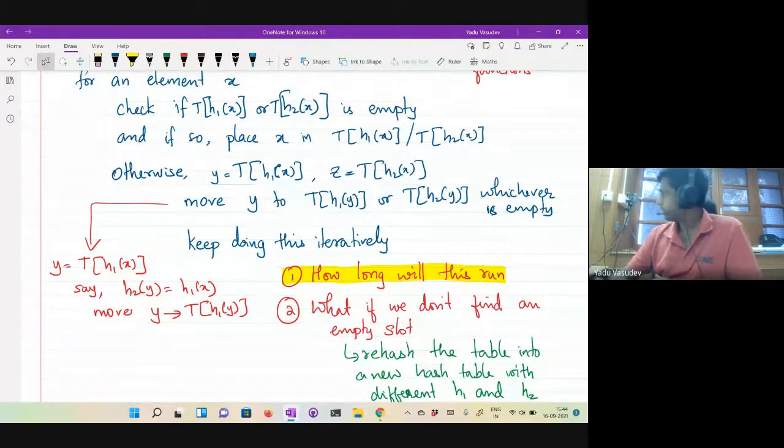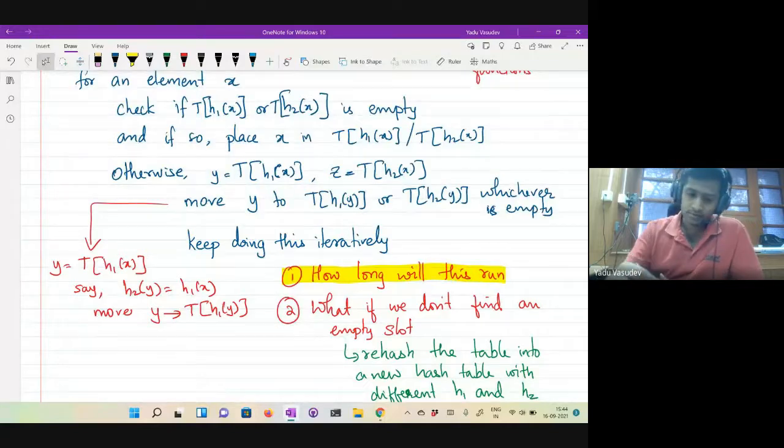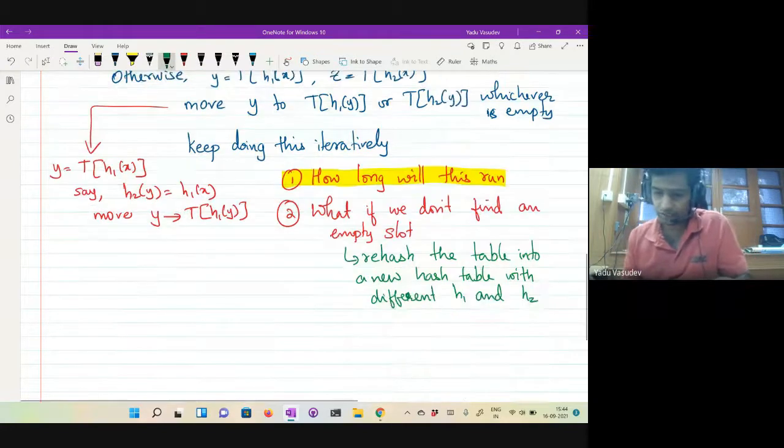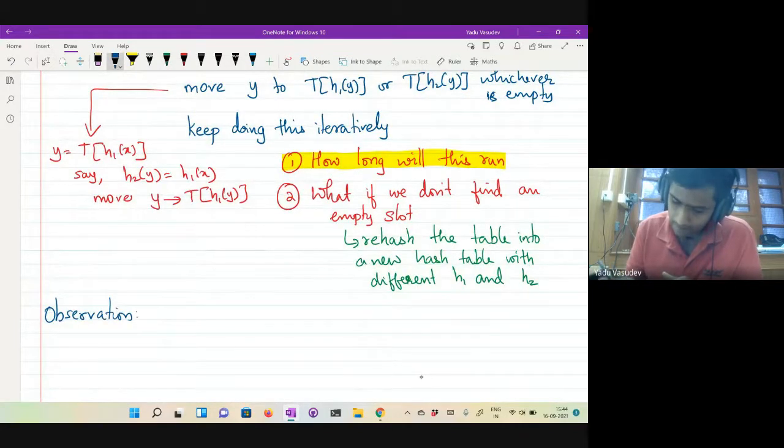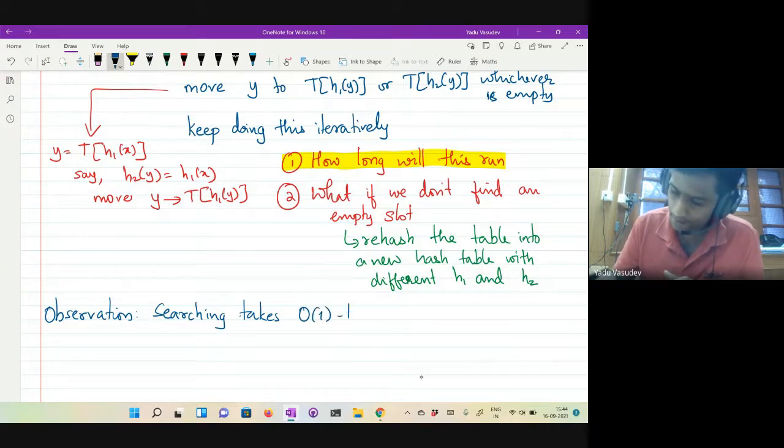Okay. So the first thing to observe is that this is indeed constant time. The first observation, which is not very hard to make, is that searching takes order one time in the worst case.